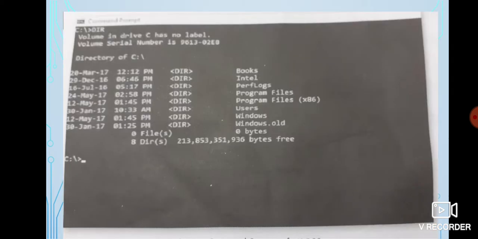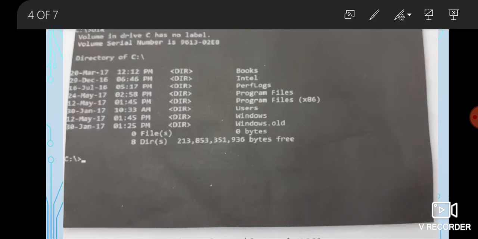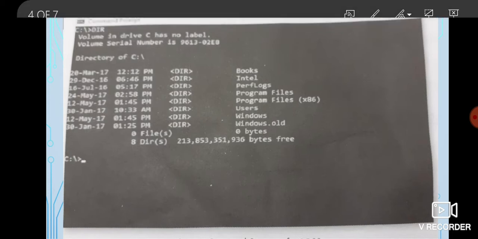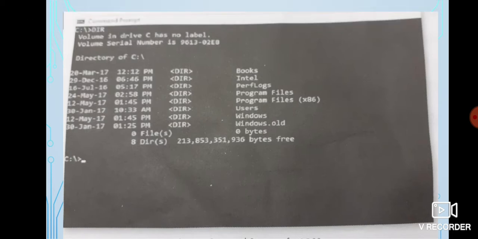Now, this is the screen of character user interface. It is also called command line interface. A command line interface is a user interface in which tasks are performed by typing commands. It uses a command prompt to enter commands in the computer.